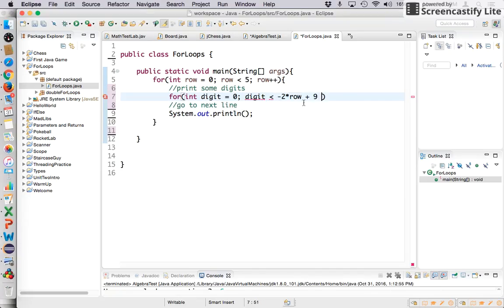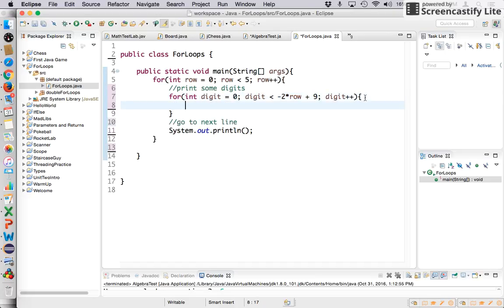So remember, it just depends on what row we're on. Depending on what row we're on, that's going to change, right? It's going to give us the correct number of digits. So we did all that math. This will print the correct number of digits depending on what row we're in. And the digit to print now,